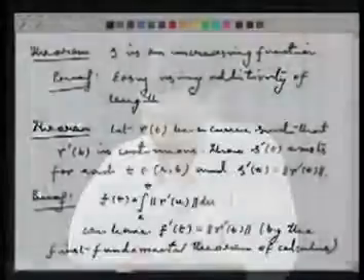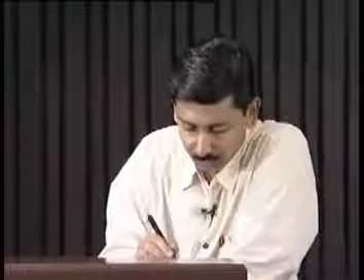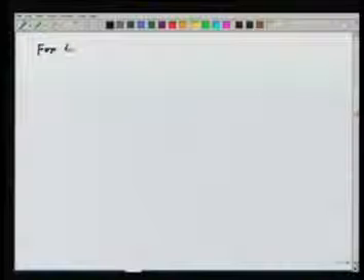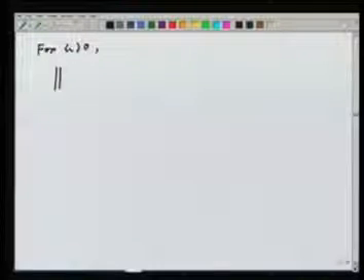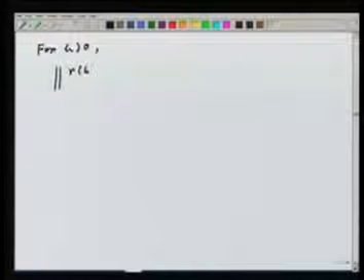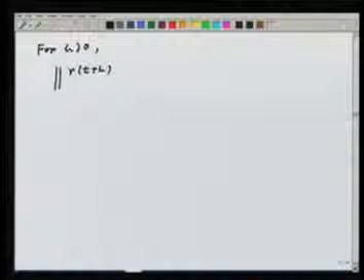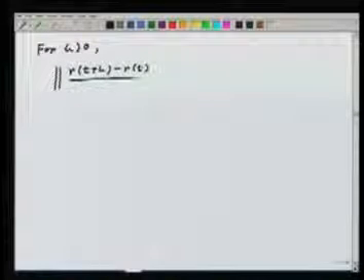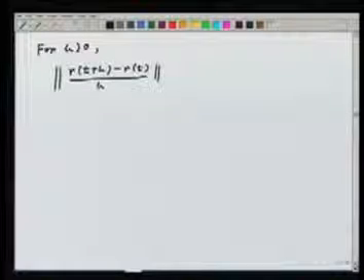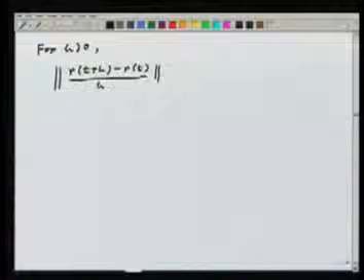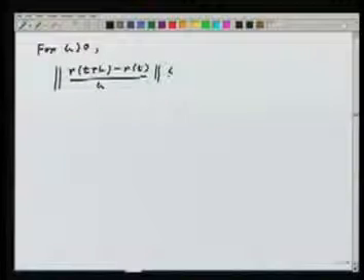Okay. Now we start looking at the difference quotient. The following difference quotient I am interested in. So for h bigger than 0, I look at norm of r(t+h) minus r(t), divided by h. Okay. Then this is certainly less or equal to